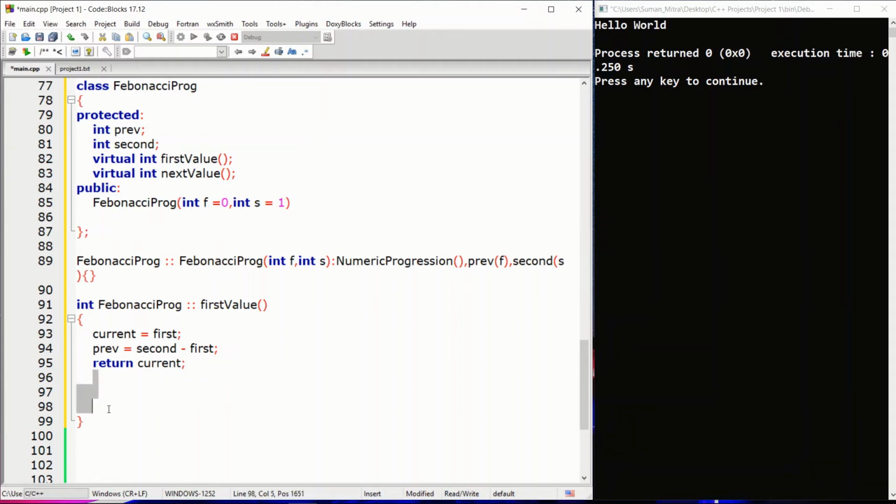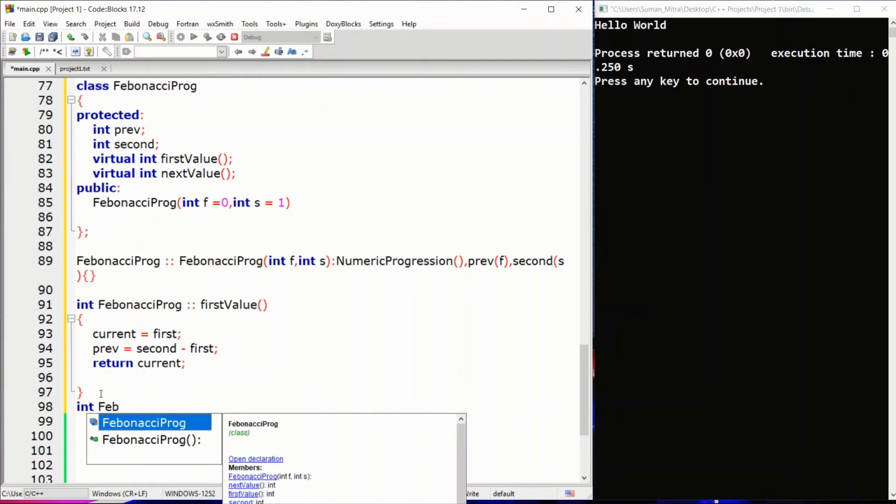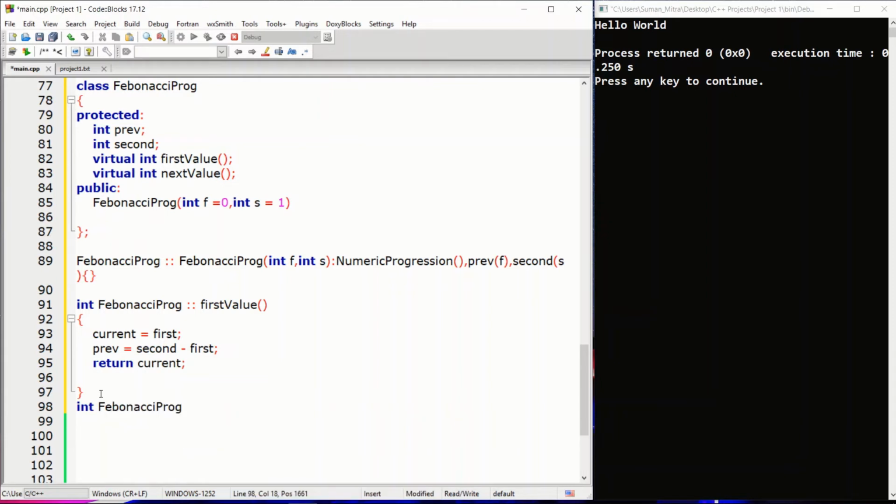Now just clear out this, and for the second value we write one more time int Fibonacci progression, and scope resolution, sorry for that, scope resolution next value, and use this and the curly braces.